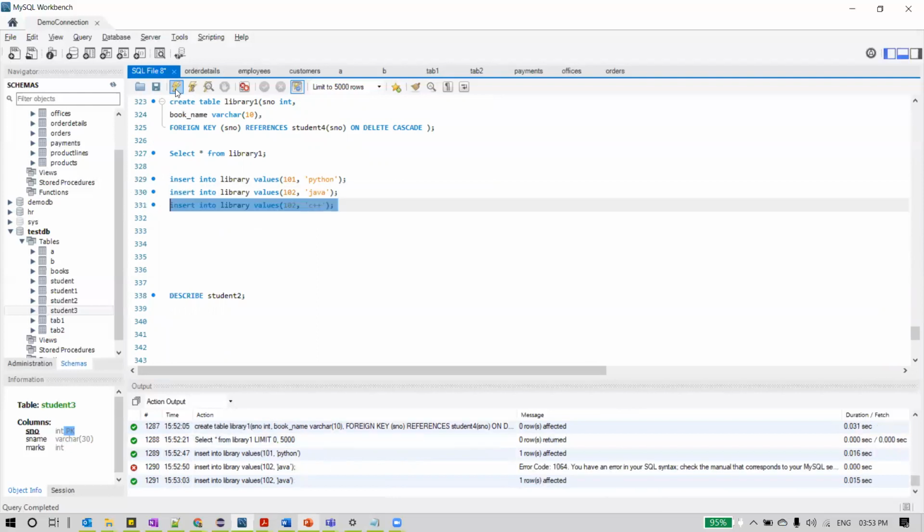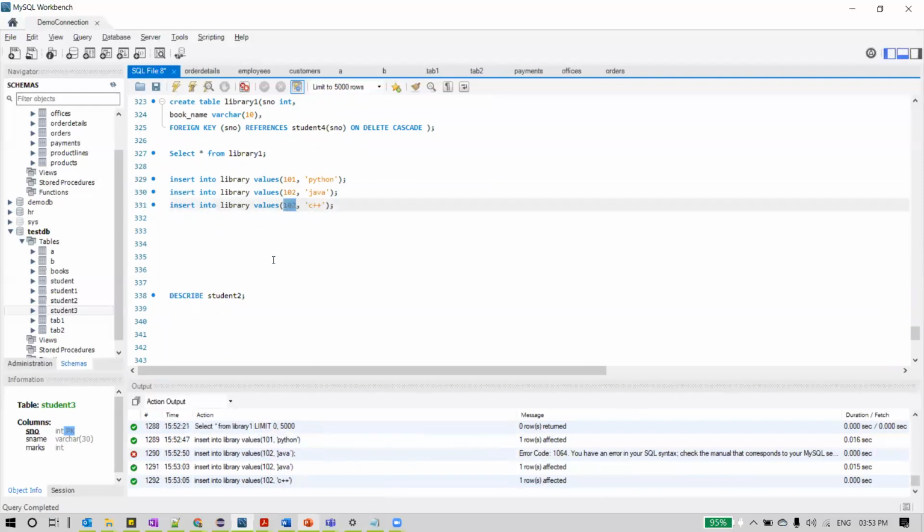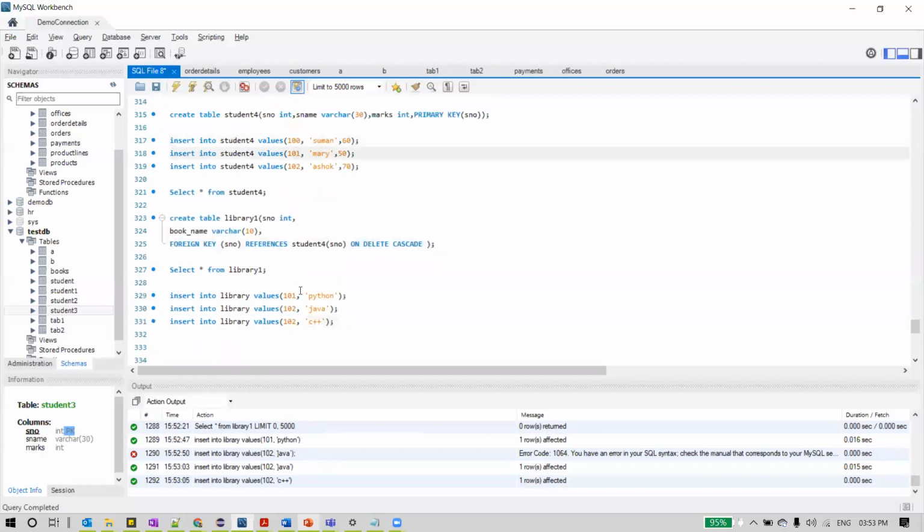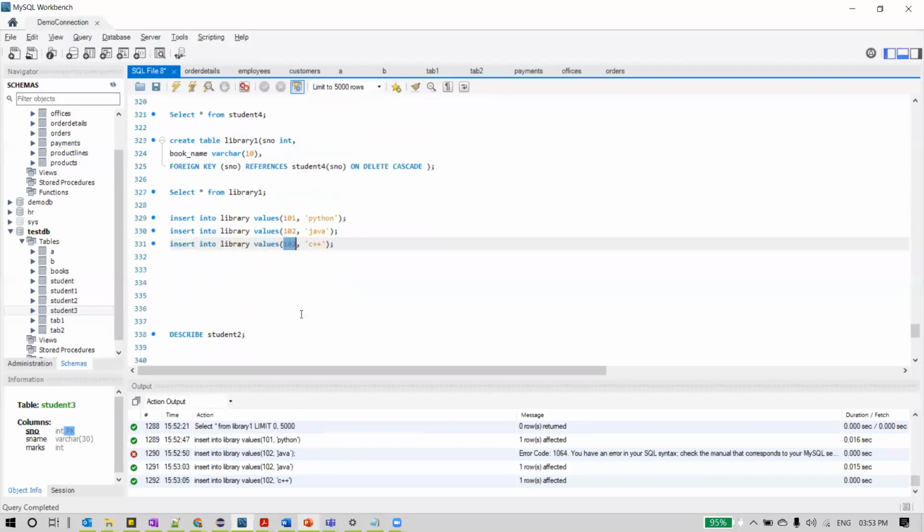All right. And you can see I can have duplicate values for the foreign key. The foreign key is just referencing the primary key. So the only constraint here is it has to be some value which is already present in the primary key. It need not be unique. The same student can register for more than one subject or can read more than one book, right?